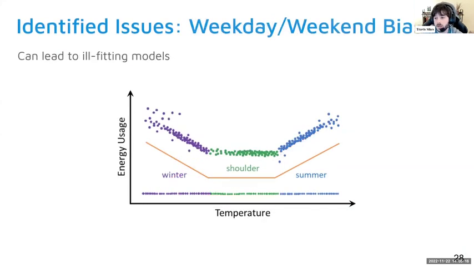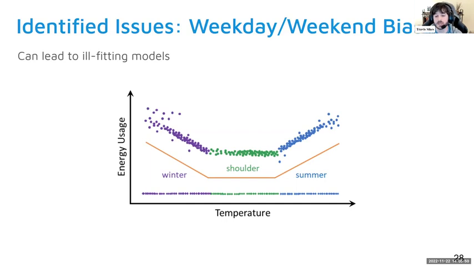Now, weekday weekend is basically exactly the same. The problem that we're seeing here is one of the temporal domain being pushed onto this temperature and energy usage plot. And so the easy way around this is to do the same solution, where instead of on this, the diamonds at the bottom would be the weekend, the weekdays are up above. And the model here is trying to split in the middle. So you end up over predicting and under predicting, just as you would expect.